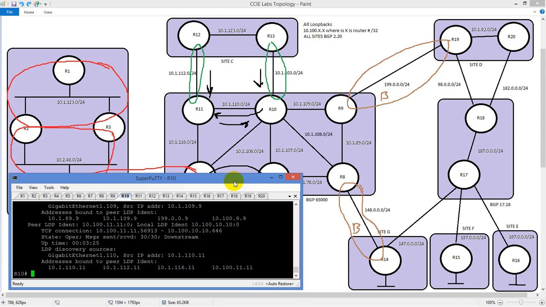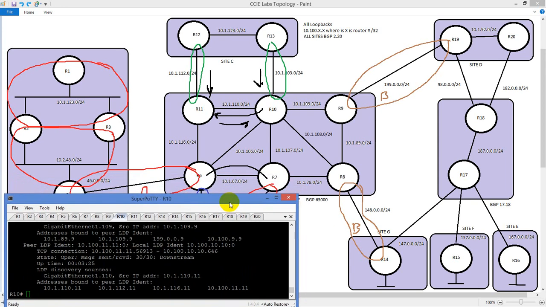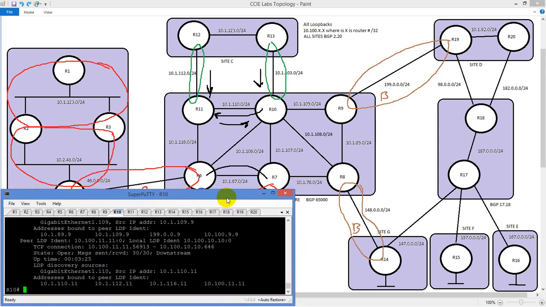Okay, in this video we're going to take care of our BGP configuration for the core. So what we're going to do is get BGP operational with 65,000 as our internal, or the provider's BGP autonomous system number, and then go from there. And then we'll get our PE stuff going. So we want to get all the BGP configuration done first, and then we're going to focus on getting